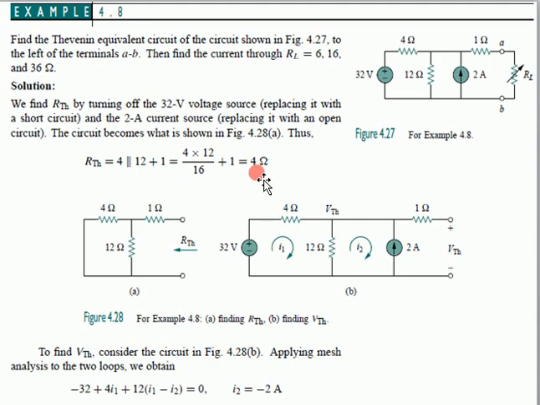So one thing we have obtained by simplifying the circuit, that is the R Thevenin, and that is equal to 4 ohm. Now we have to find out the value of V Thevenin, and in this scenario again the load has been removed from here, and at these terminals we have to find out the value of V Thevenin. So from this, how we can get the value of V Thevenin?